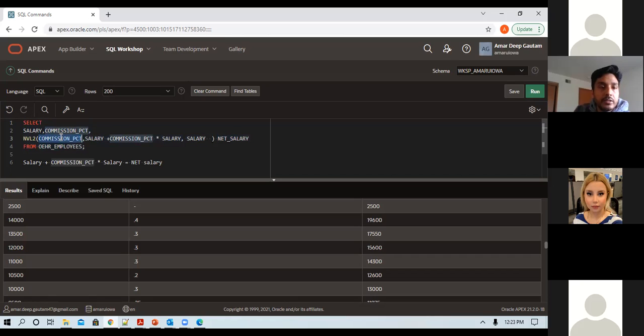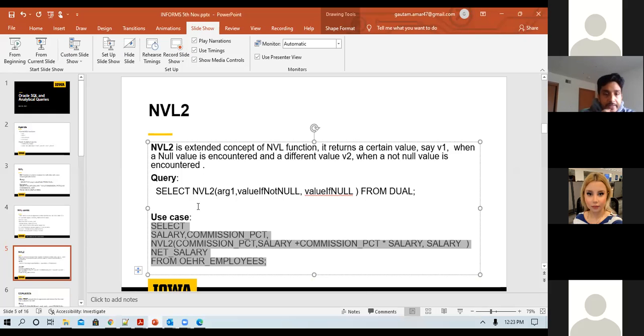But because we have this, Oracle gives you the flexibility to use one function where you just pass one argument and you get a default value when it's not null and a default value when it's null. So if you see, it's just an extension of the NVL function, just adding one more parameter to it. And it adds meaning to that function. So just let me know if you have any queries on this slide.